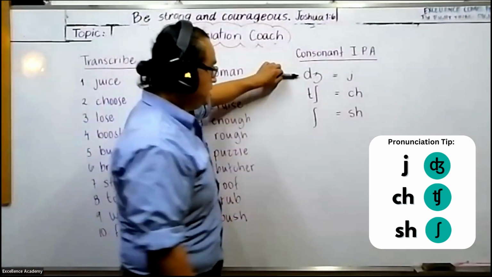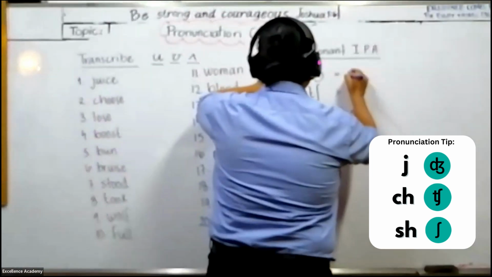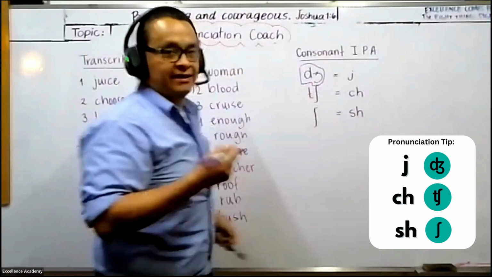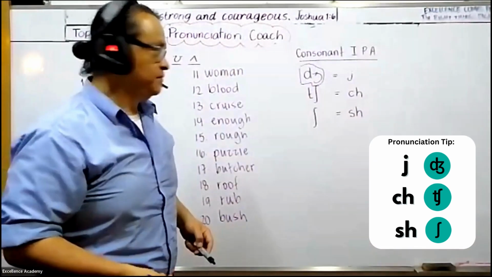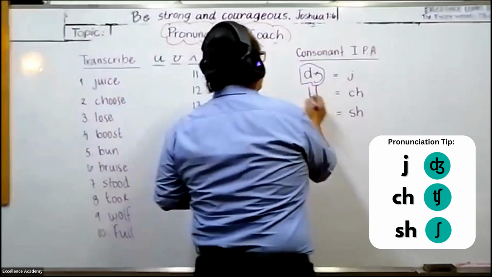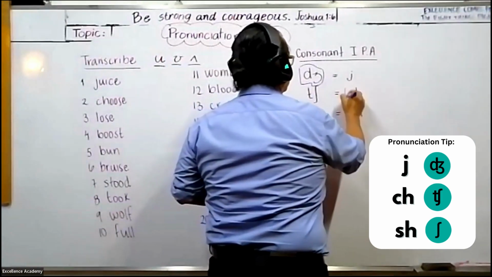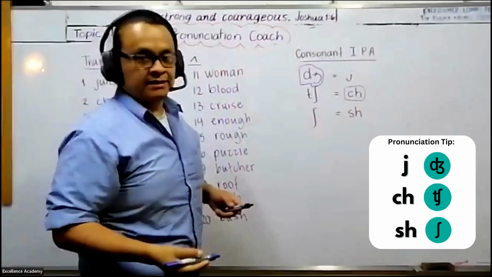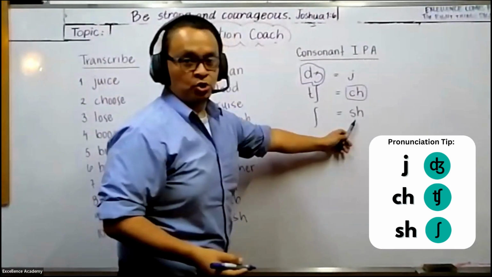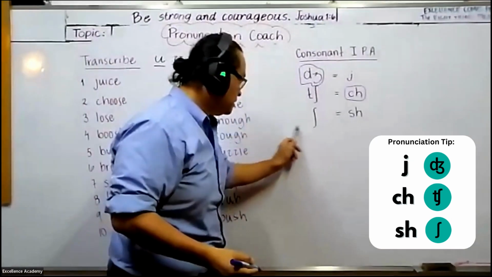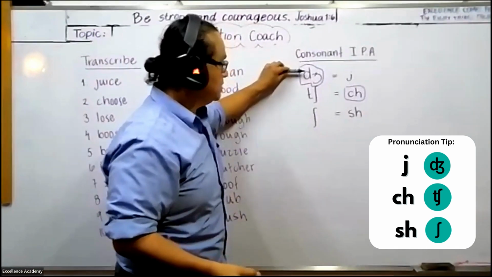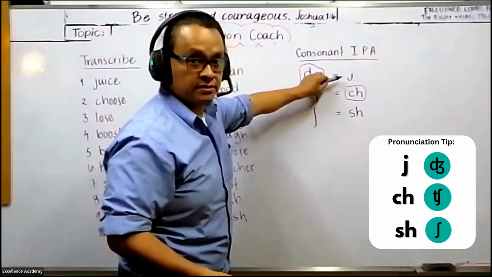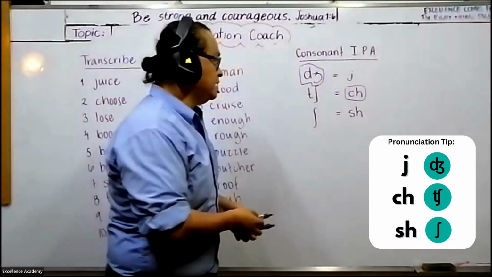The first one, this over here, is going to represent the J sound. J, like in the letter J. The second one is going to represent the Ch sound, which is a T with a long S. And the third consonant sound is going to be the sh sound, which is going to be this long S form. Okay? So whenever you have this symbol here, it's going to be the J sound, which is basically the